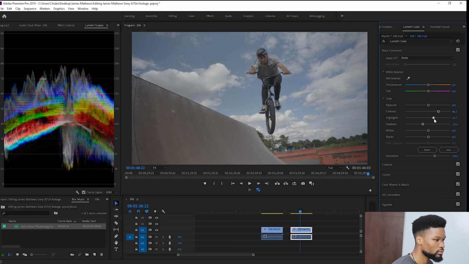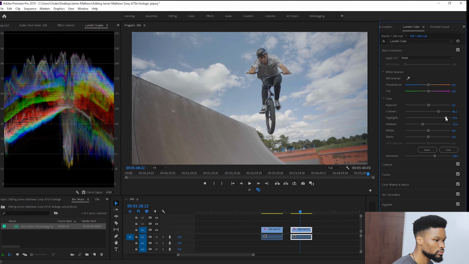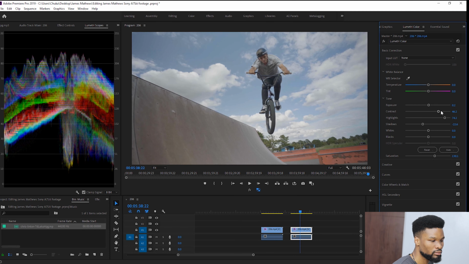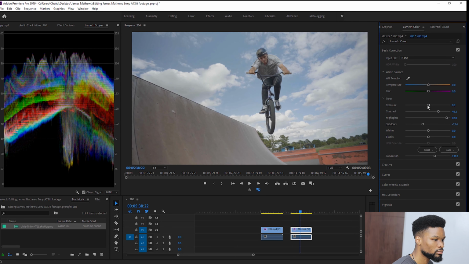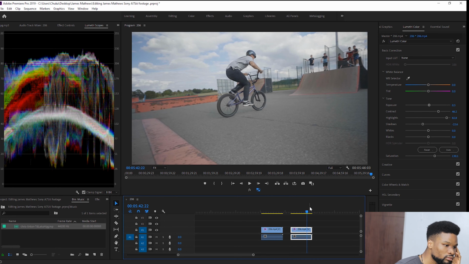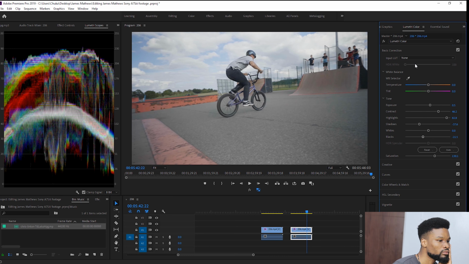Footage is getting really dark, so let's take up the highlights. Take up the exposure a bit. Take up the highlights even more. Let's see if I like the effect of adjusting the whites. Nah, going to increase the highlights more instead. Taking up the exposure a bit once again. Taking down the shadows. Taking down the blacks. Taking up the exposure. Looking pretty good already.